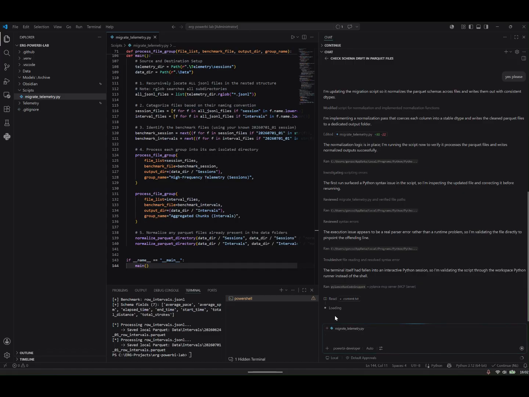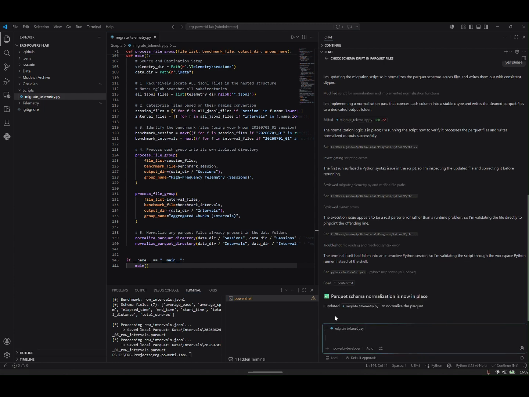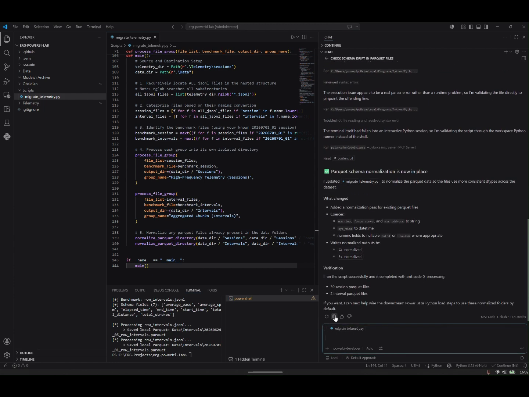What is frustrating sometimes about Copilot, as you can see, it runs something and then immediately it finds out that it didn't run what it thought it ran. So it has to try again a different way. And it does usually get to the right answer. So we can see here that we've now updated everything,